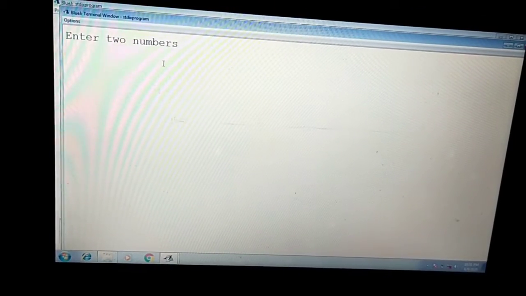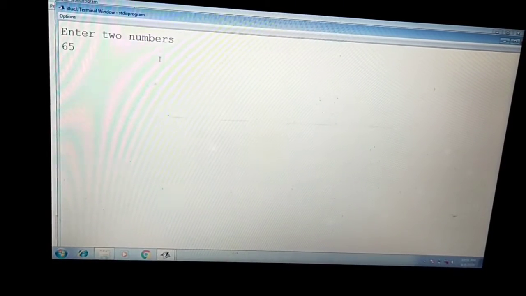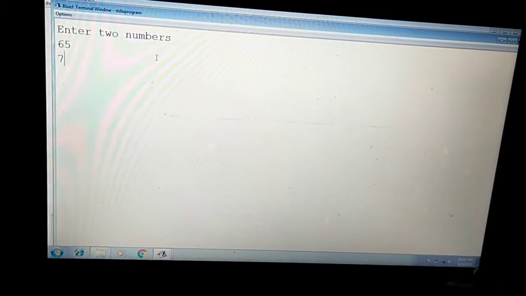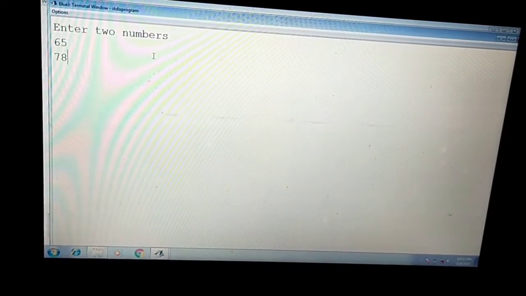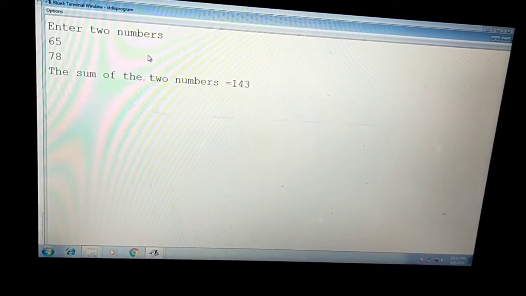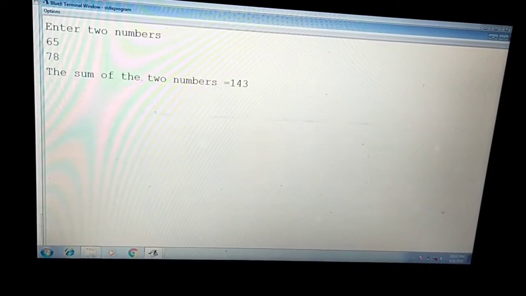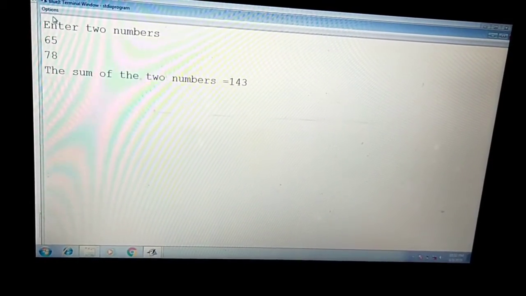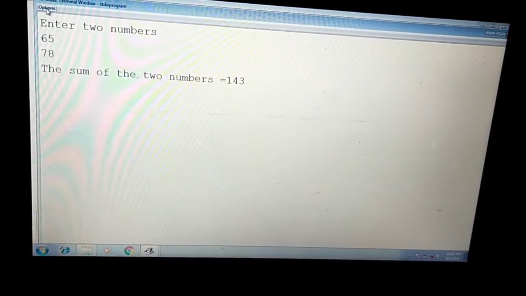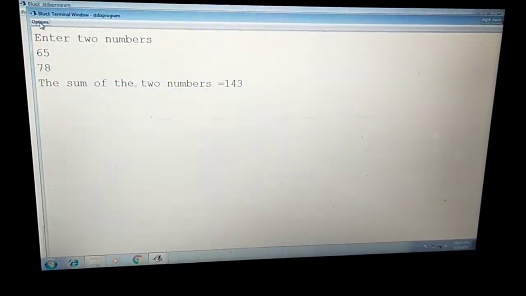Here it is given enter two numbers. So I am going to enter two numbers, any two numbers. First 65, I press the enter key, then maybe 78. Then when I press the enter key, it shows me the sum of two numbers is 143. So in this way, these two programs are different from each other. So how do you feel? Which program is more user friendly?